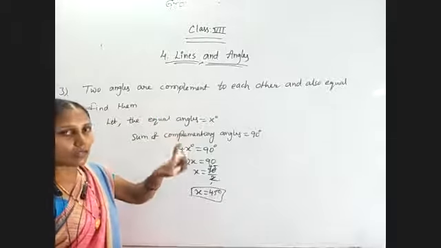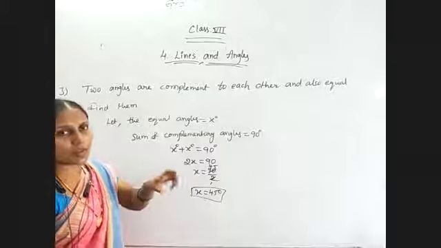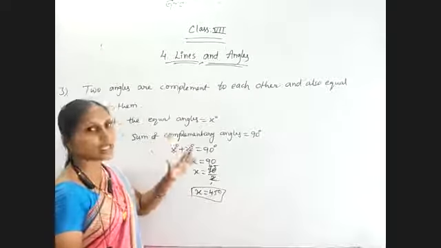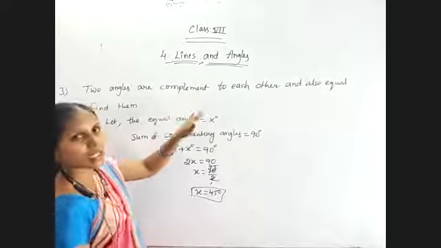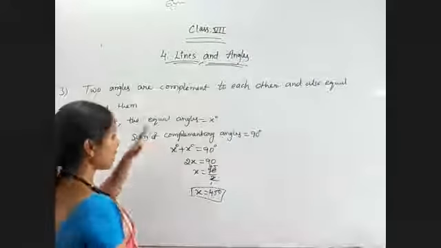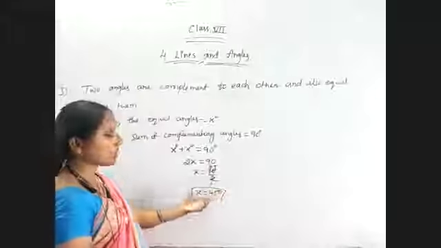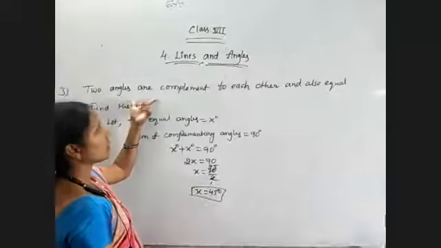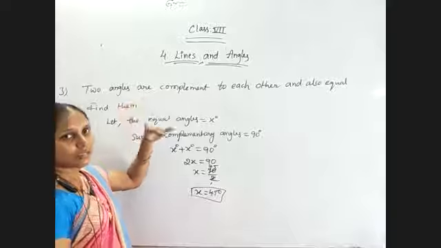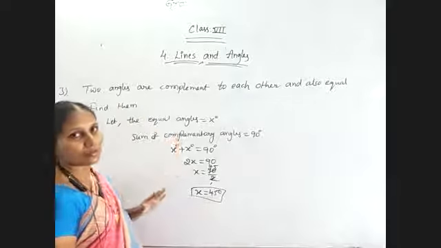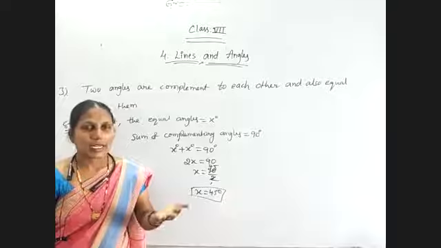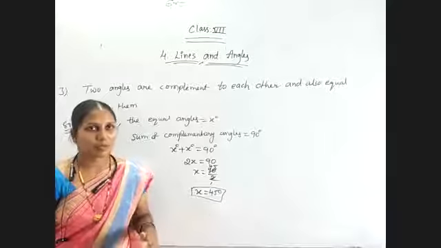For supplementary, the sum of two angles is equal to 180 degrees. Half of 180 is 90. So 90 degrees and 90 degrees are the two supplementary equal angles. Okay. Now here, the complement is 90 by 2, which is 45. The sum of those two angles, 45 plus 45, is equal to 90. 45 is the complement of itself. And for supplementary, 90 degrees is the supplement of itself. Okay.